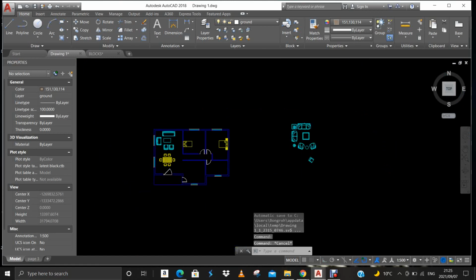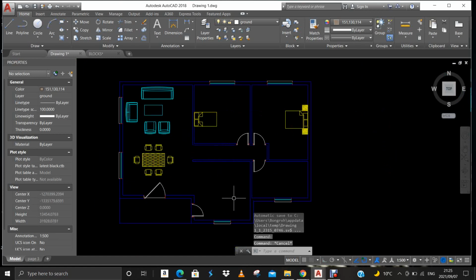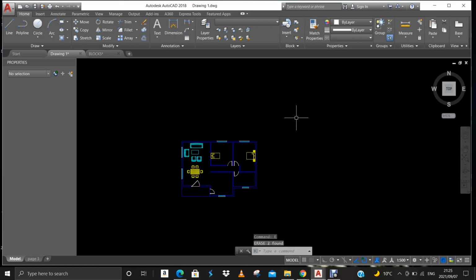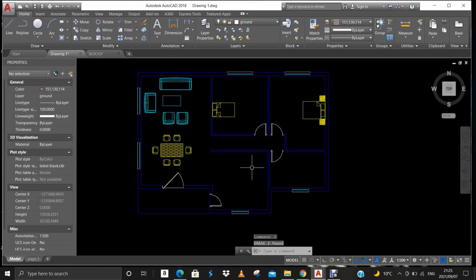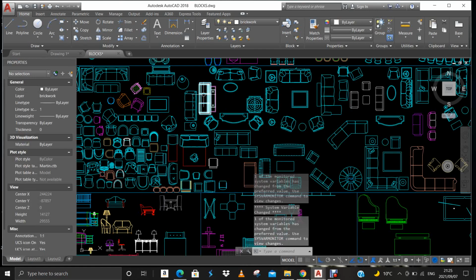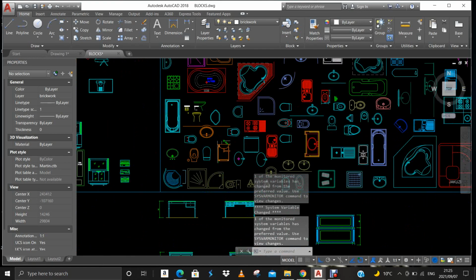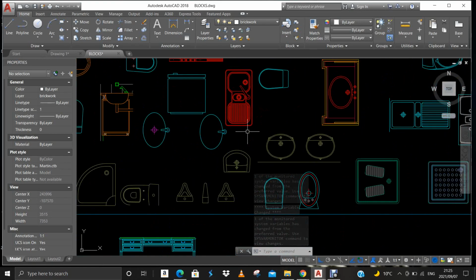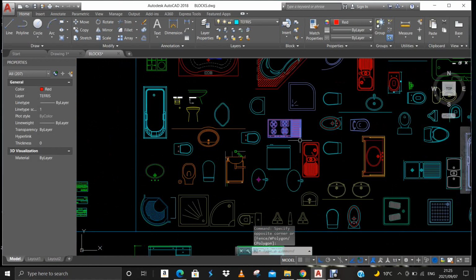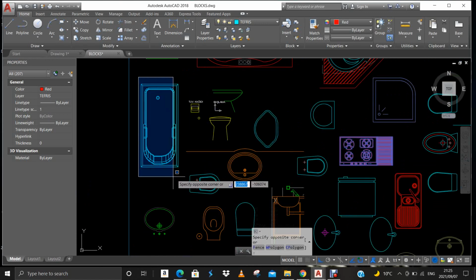So now I'm gonna delete this one. Now I've got my layout and the kitchen and all those things. But now I'm missing my bathrooms. I'm gonna go back to my blocks and okay, on my kitchen. Let me use the stove and bathroom. I'll use this bath